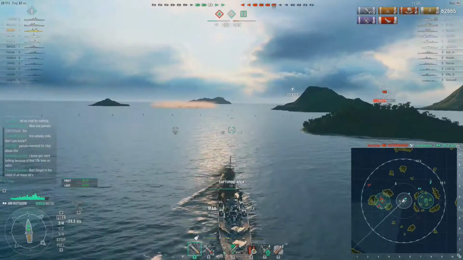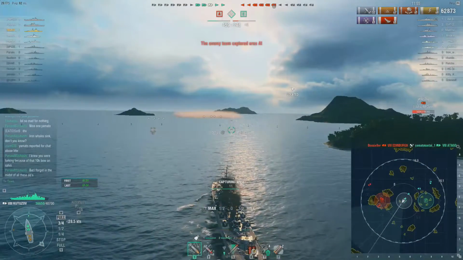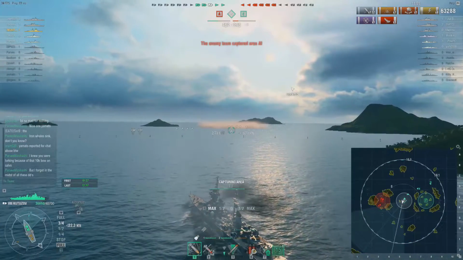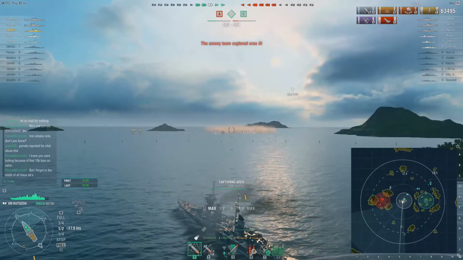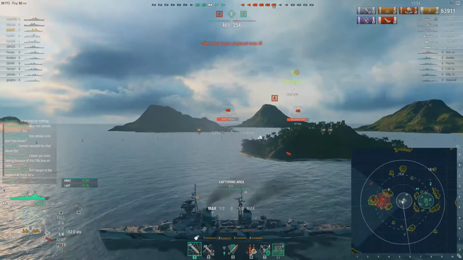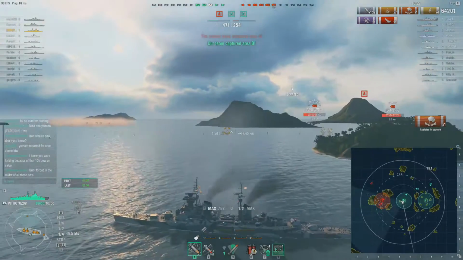The Edinburgh just went into smoke, so I'm not going to be able to see that person anymore. The enemies have capped A, and I am just about to cap B, so I start taking fire from the Edinburgh there, so I do decide to pop my smoke. I'm going to bring it to a reverse here and try and dish out some damage to some of these